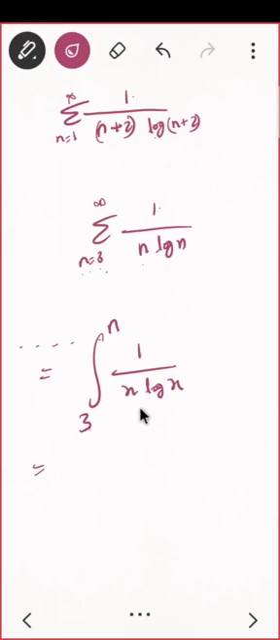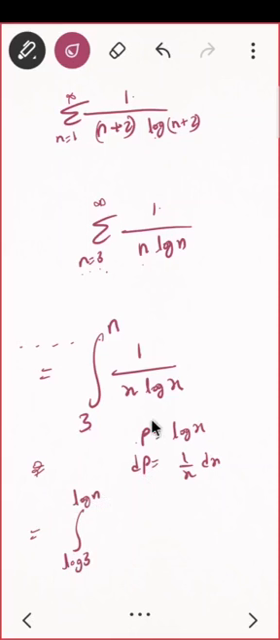Can I substitute? Suppose p equals log x, so what will dp be? It will be 1 upon x dx. Can you replace everything? And the limit will also change, right? When x equals 3, then p will be log 3, and when x equals n, it will be log n. So my integration will now be from log 3 to log n,